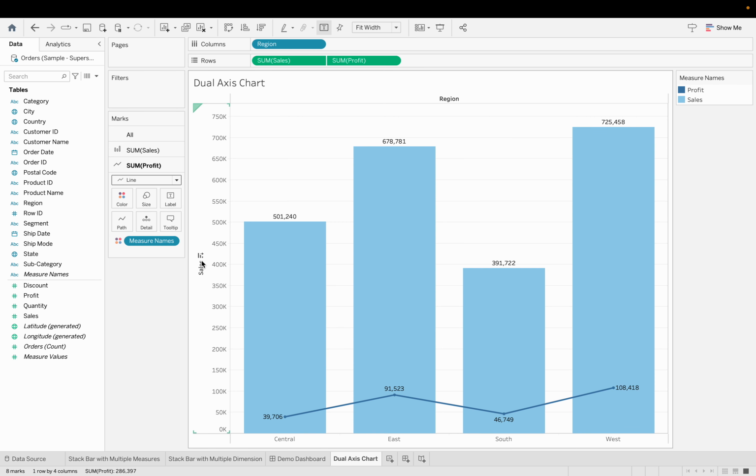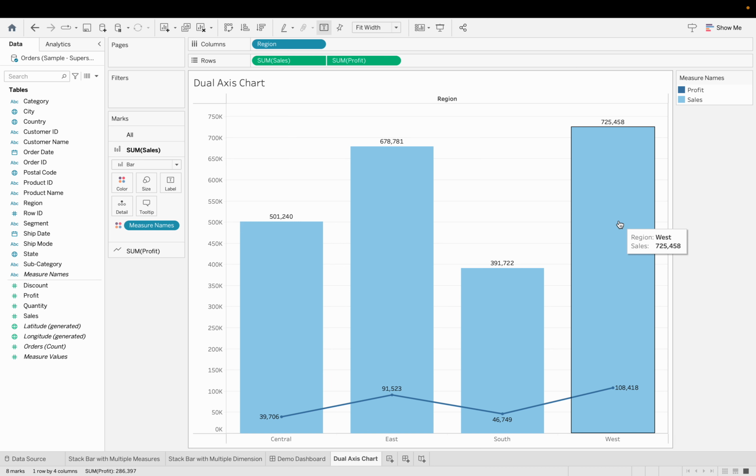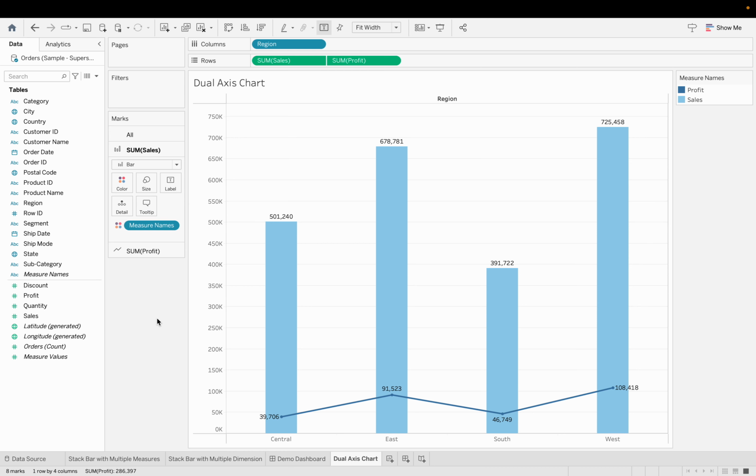And here also, if we just show it as sales, then it will be confusing. People will not be able to understand why only sales, where is the profit axis. So usually what we do is go to edit axis and remove sales from here as well. Then it will just show you the scale of numbers. And anyway, we have the legend to know which color is representing sales and which color is representing profit. I will just do a little bit of formatting over here, and yes, voila, your dual axis chart is